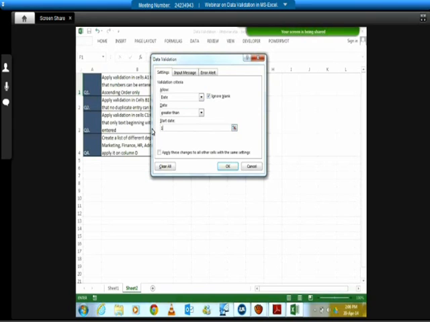Right? Now there is an option at the bottom which you see which says apply these changes to all other cells with the same setting. When will I use this? I initially applied a data validation criteria on F1 to F10. Now when I'm making a change in the criteria, I'm only selecting F1 cell. If I don't want to select all the cells in which I had initially put the criteria of whole numbers, I can select one cell and check mark over here. So if you see in the background, it automatically selected from F1 to F10. And now I can apply the criteria of the date.